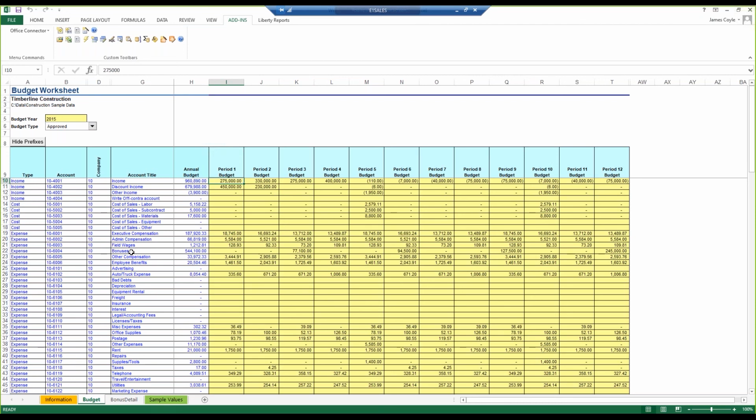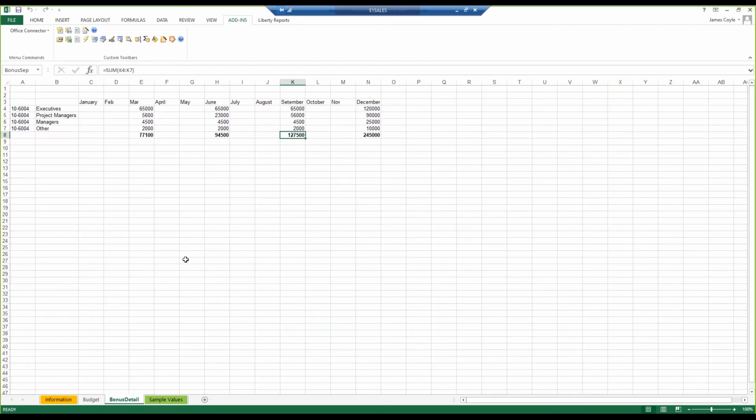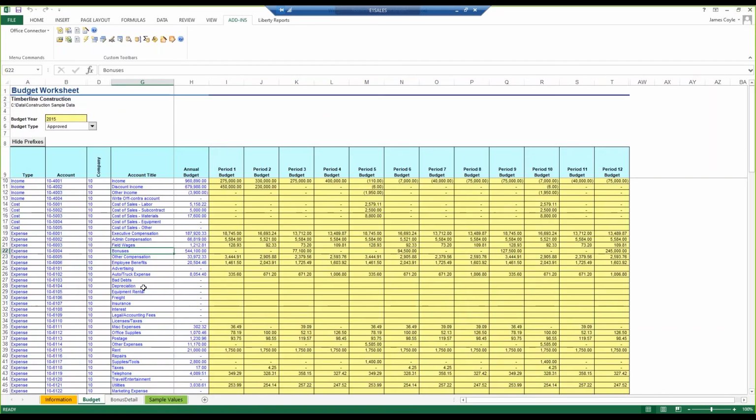Like over here under bonuses, I have one account in GL for bonuses, but when I budget, I have more detail. So over here, I have a bonus detail sheet, the same account listed over and over, but there's different budgets and what I'm going to do. Now, in this example, I named the totals. So bonus for March, bonus for whatever. And I reference those totals on this page. So if I come down over here, see how that's, well, right there, I can tie this. I could say right here that this equals, and then I type in the name of that field. So I said,